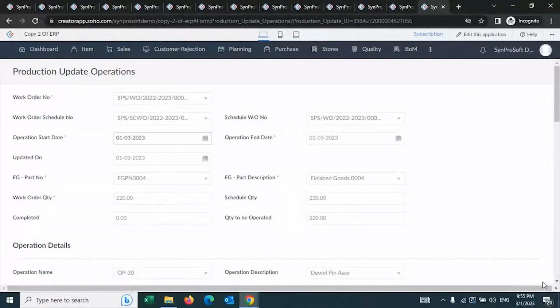You will be able to create preventive maintenance, scheduling of maintenance, the warranty management, the annual maintenance contract. All of that you will be able to manage using that. And finally, the depreciation also can be calculated depending on the life of the asset, depending on the salvage period. You will be able to create depreciation and also integrate that with Zoho Books. So this is something that we are currently working on. We are extending this solution to cater to a few such requirements.